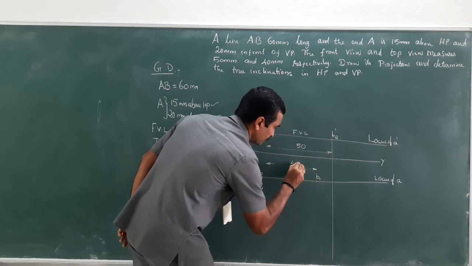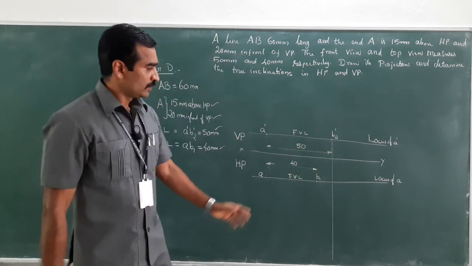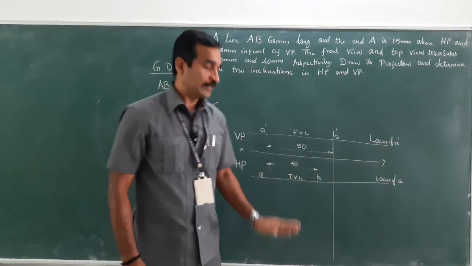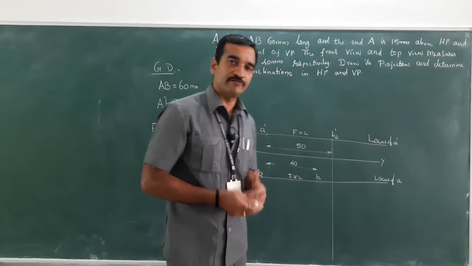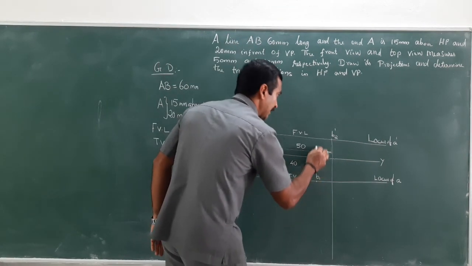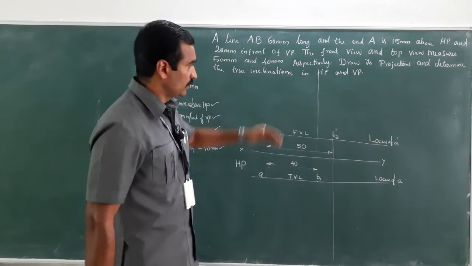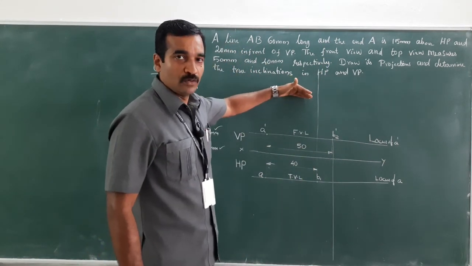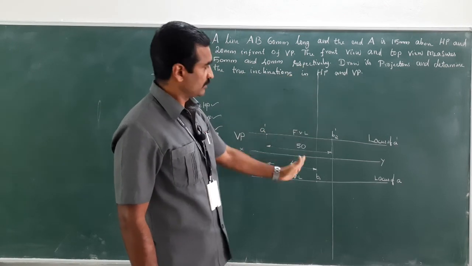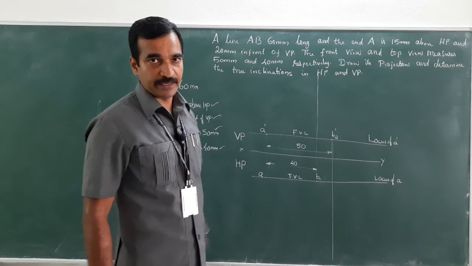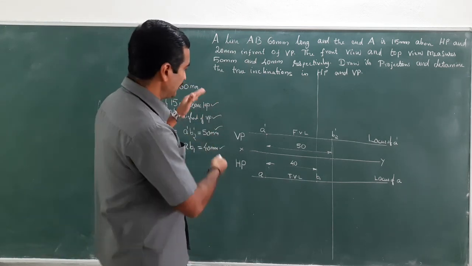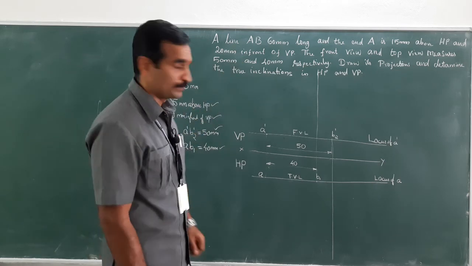This is 40. So here I have got that top view length, then its corresponding true length, which I will get in the VP. So let me just project this line, because here there is no locus of B, therefore I don't know where it's going to end. So I simply extend this thin line. I have utilized all the 4 data which has been given in the question.